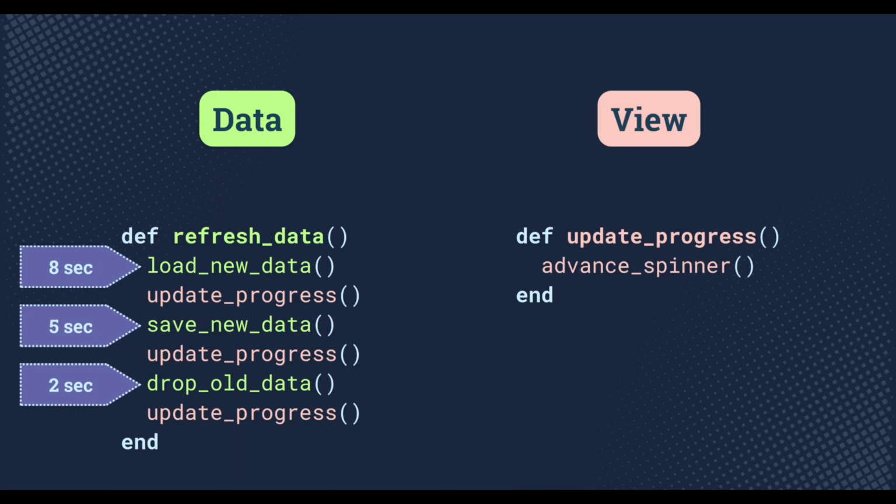Well, this is not a great solution for several reasons. First of all, it would result in a janky animation. We're only performing 3 steps of work, so we only get 3 opportunities to advance the animation. Also, these steps may not take an equal amount of time. If loading new data takes 4 times as long as deleting old data, then the animation playback will be jumpy